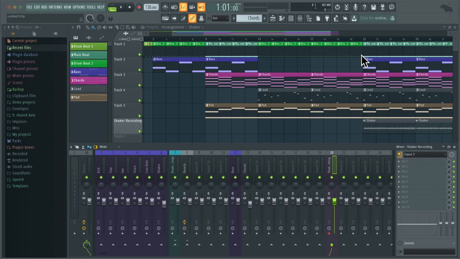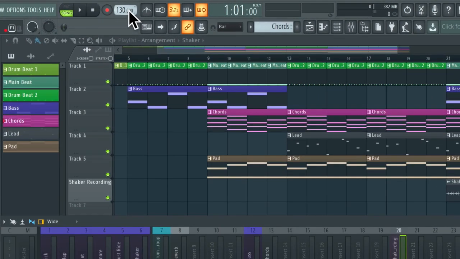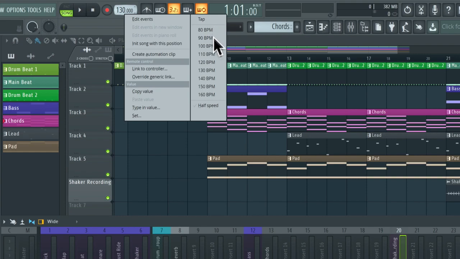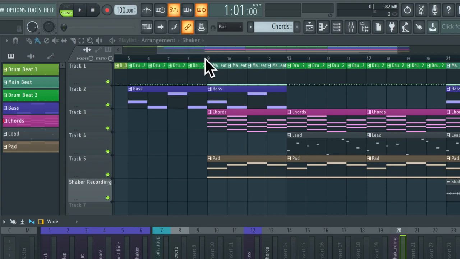In this video, I'm going to be going over changing the tempo of your project and also basic time stretching. So let's first have a look at changing the tempo. We go up to the transport bar up here and click on where we can see the BPM. At the moment, it's 130. If we right click on it, we can see there's a few tempo options here, which we can simply click on. So if I play this back,